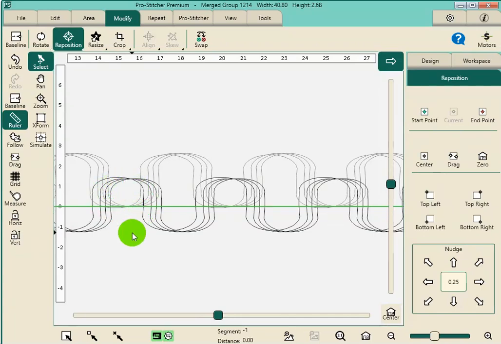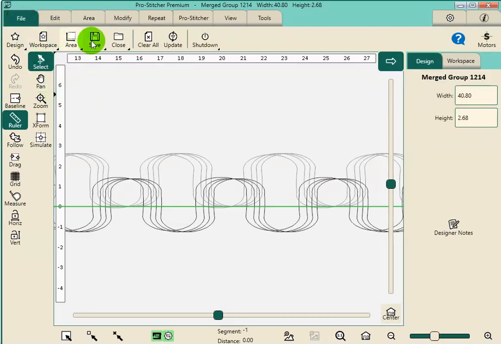So simple design. It's just an arch shape and repeated, and then repeat the design, and then repeat the whole string of designs and just nudge them apart. That's our first design. So we'll go ahead and we will save this as a workspace,